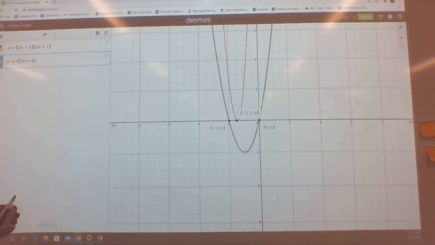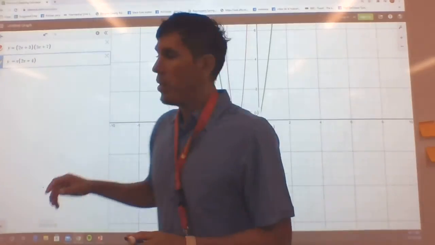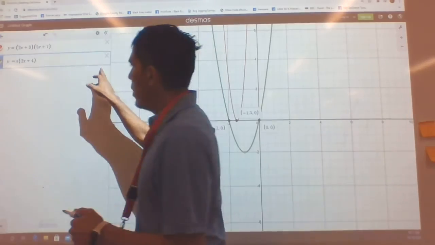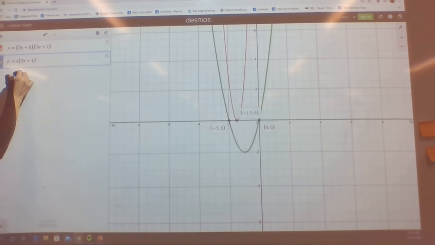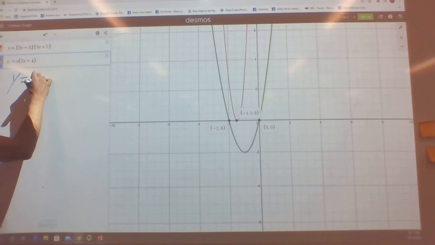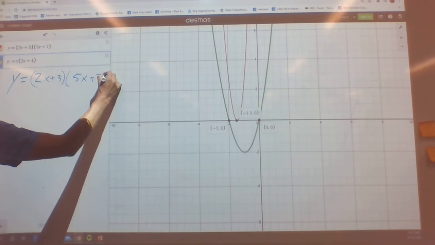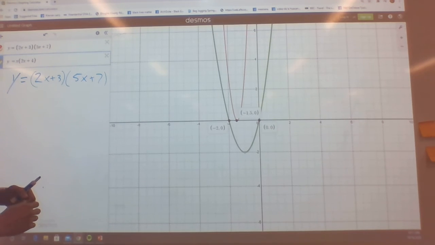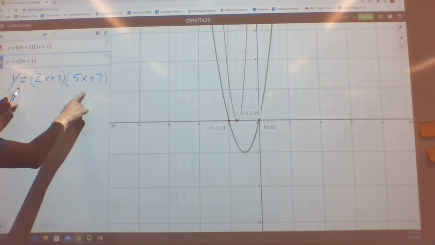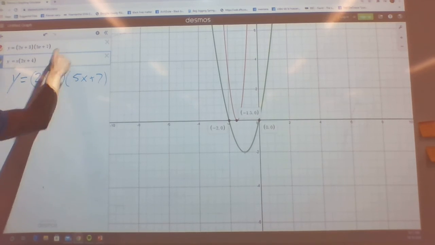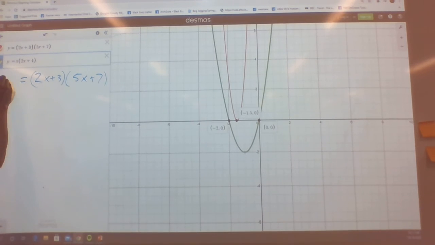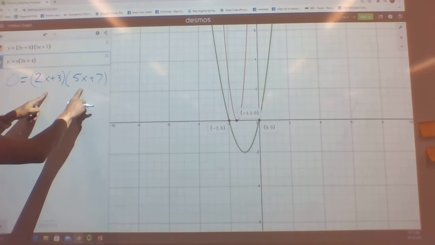So you can see that I graphed those two equations we were working with. You can see that my head's in the way over here. But these are the equations we had over here. So really the equations I have here are y equals 2x plus 3, and then 5x plus 7. In order for this to graph in Desmos, I set y equals this, even though in the example the question was 0 equals this. When does this happen? And again, the reason why we have 0 to begin with is because we're looking for when this parabola touches